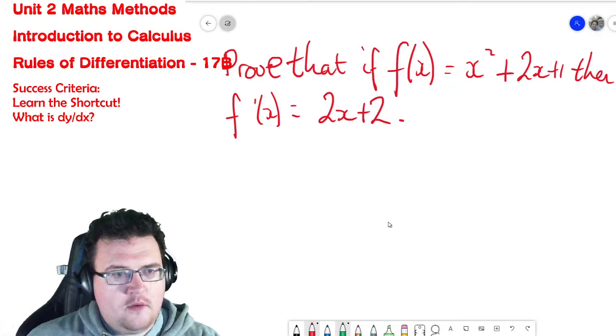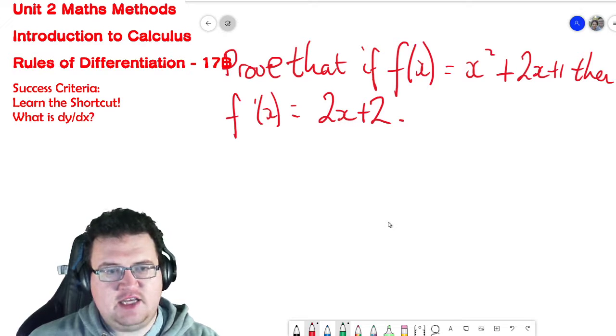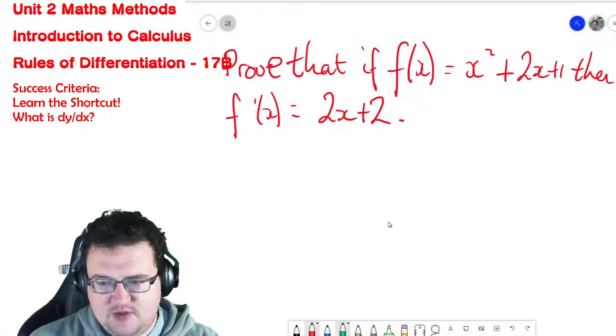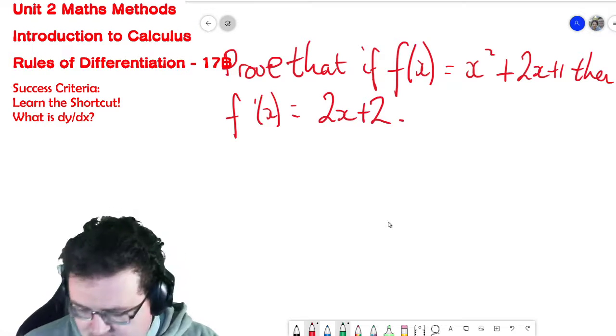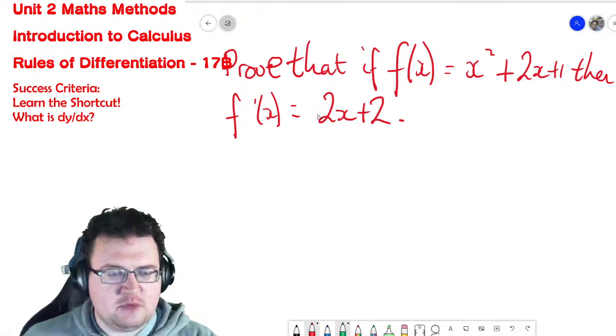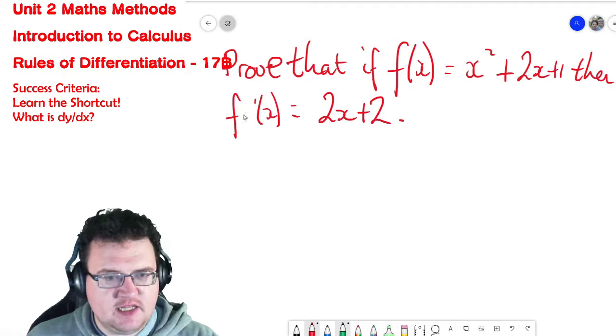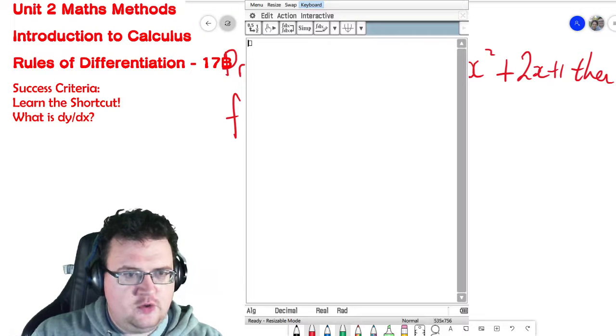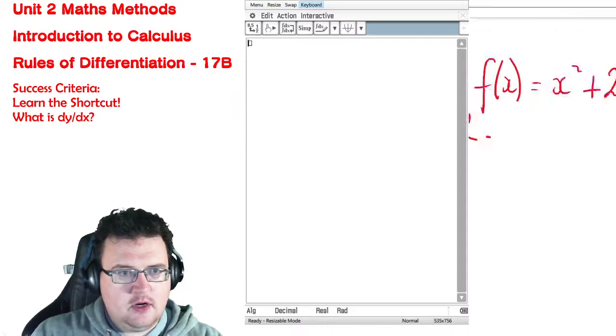So prove that if f of x is x squared plus 2x plus 1, then f dash x is 2x plus 2. Now, we've done this question before through first principles, and this is in fact the correct answer. But what I want to do is show you it on your CAS. All right, so